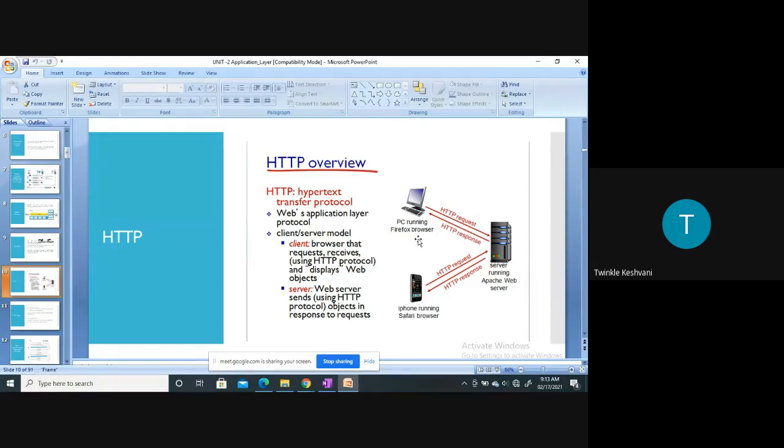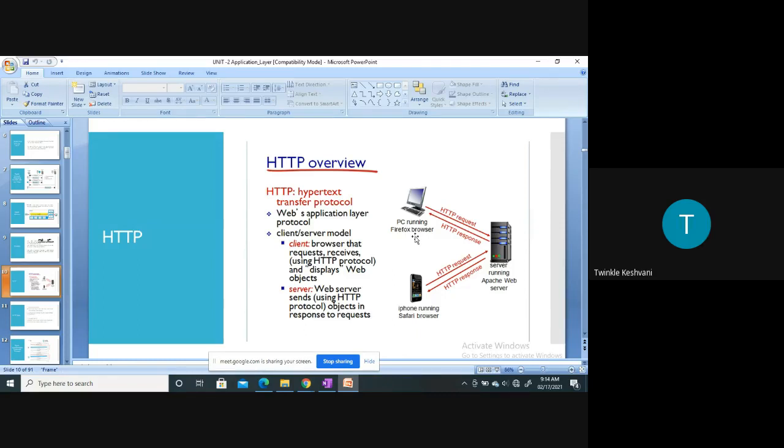Whenever the client is requesting anything from the server, it is done by using the HTTP request message. The request message and the response message, we call the HTTP message format. Before discussing the message format, we need to understand which type of connections are used for sending the request to the server and for getting the response from the server.